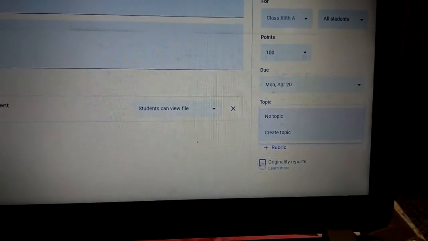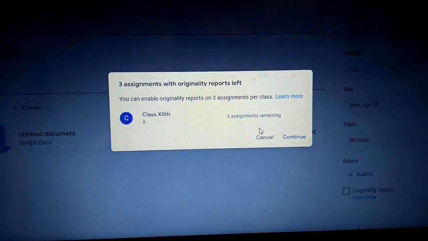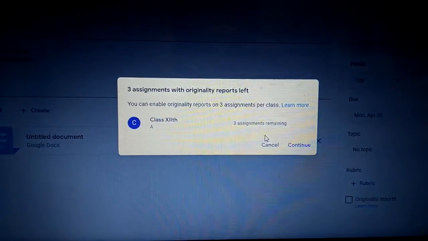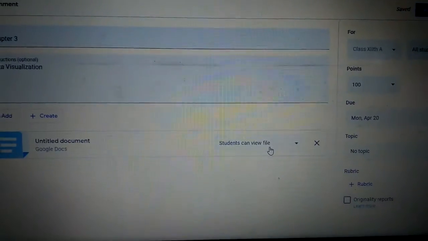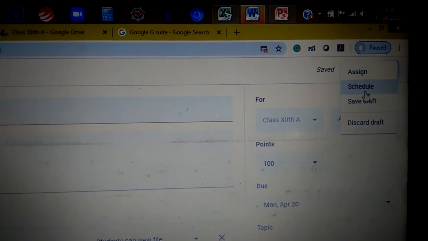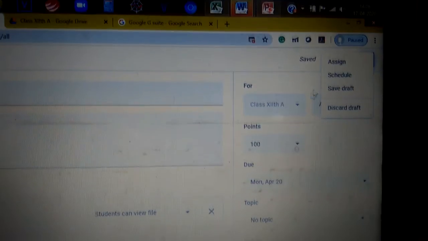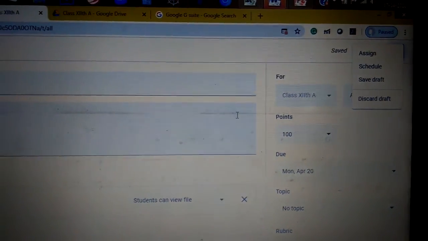You give the originality of the report. Originality says that you can enable originality reports on 3 assignments per class. Okay, you can do that part. Finally, you can assign that particular thing, and you can schedule that particular thing with the student, or the class.